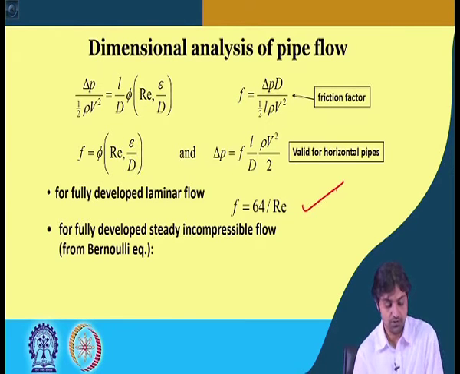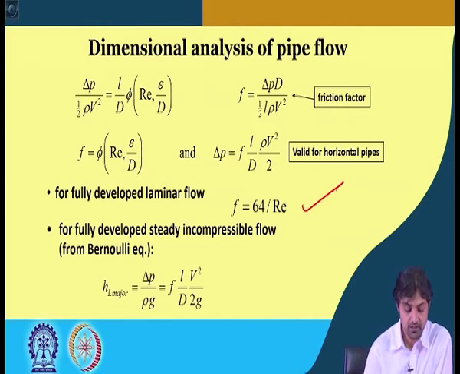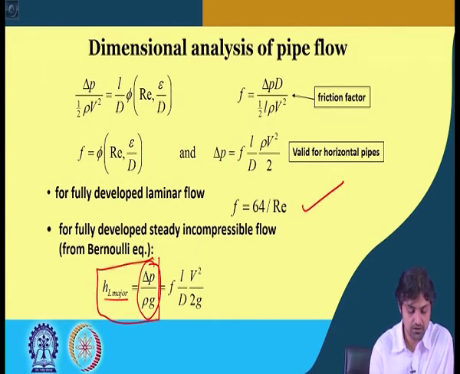But for fully developed steady incompressible flow, if we assume delta P is the head loss, that will transform into energy loss equivalent to rho G H. So HL major can be written as delta P by rho G. Just concentrate on this. This is the head loss major, and if you use this equation and divide it by rho G,